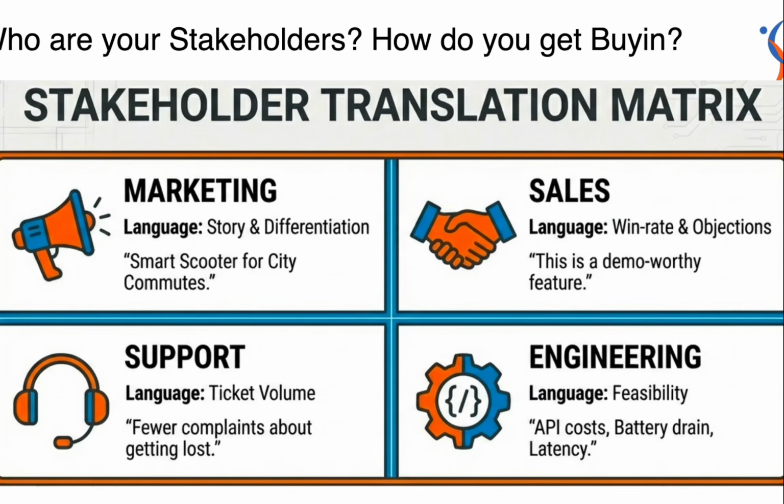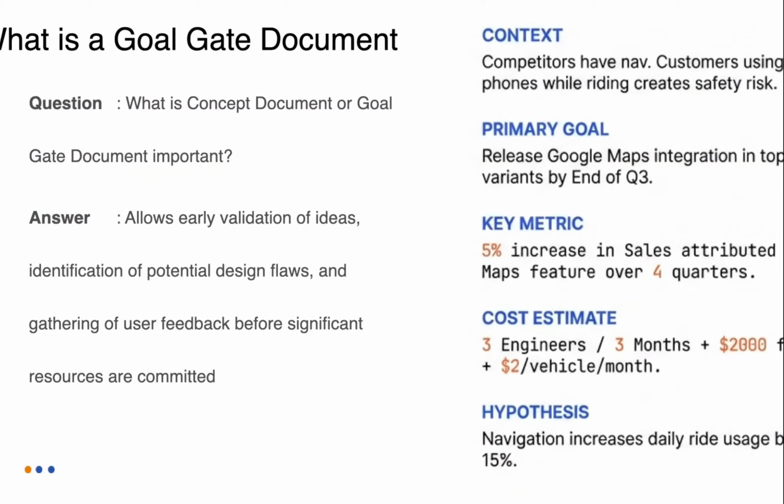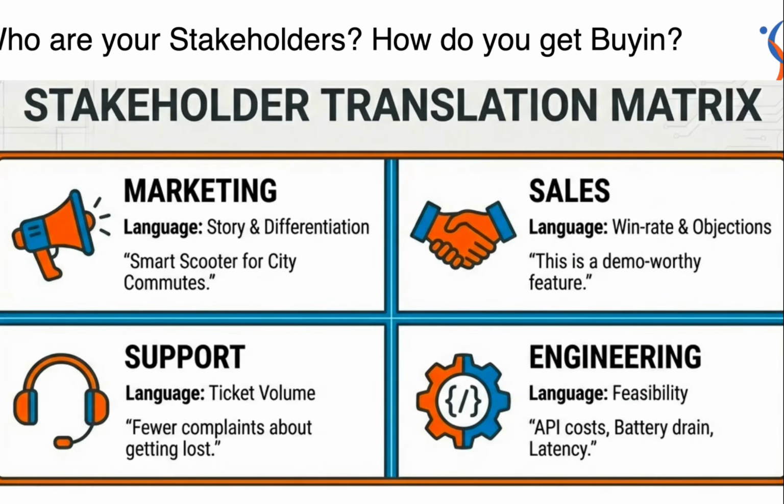Then we talked about stakeholders. So you have to sell this to your stakeholders, right? Who are these guys? Who are your stakeholders? So they are basically marketing, sales, support, engineering. You are the translator, right? So what you need to do is, when you talk to marketing, you are talking about a smart scooter story, the language that you are using for marketing, right? And I'm not saying that you have to sell this concept in this manner, but typically if you construct